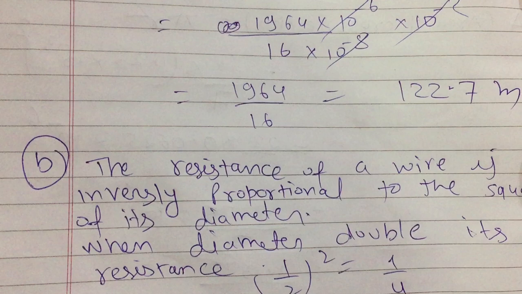Now you have A and you have rho, that is resistivity. Then apply this formula, rho equal to R into A divided by L, where rho is resistivity. Now I put in all the values. For rho I have written 1.6 into 10 raised to minus 8. For resistance, that is 10 ohm given, into this number which I calculated, divided by L. Now L equals this number divided by this number.